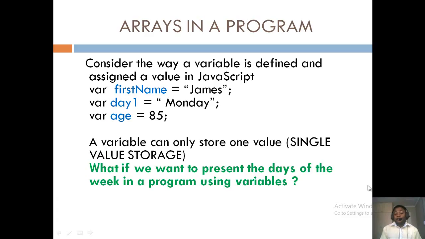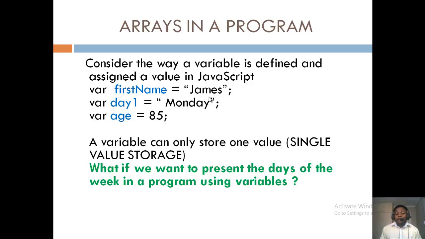So now, what are arrays in a program? Why do we need an array at all? If you consider the way a variable is defined and assigned a value in JavaScript, here are a few examples. First of all, we are defining a variable, firstName, that is the name of the variable, and to it we assign, you can see the assignment operator here, a string value, James. So here the value is James and is of type string, and you can see why it is a string because it is quoted. You can see we have our double quotation marks around the value, which indicates that it is a